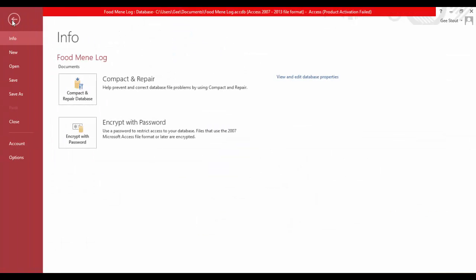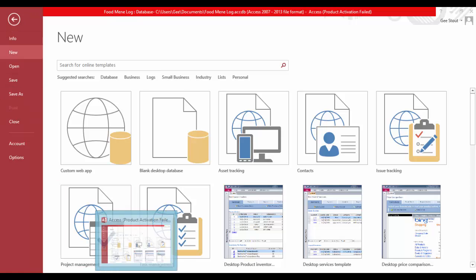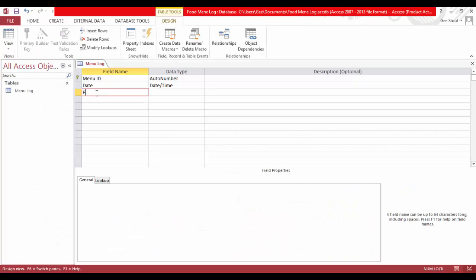Let's go back to the other database and see what else we want. Okay, back. Food name. Food name, and we will have food name,